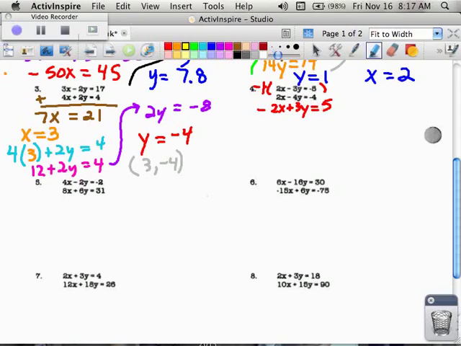And now what I do is I don't look at the first equation anymore because I changed it. I look at what I changed it into. So now I'm looking at this equation and this equation, highlighted in green. And just like I did in number 3, I add those two equations